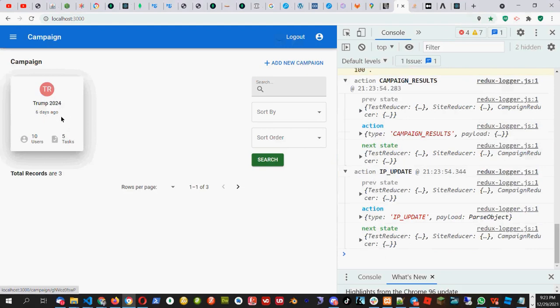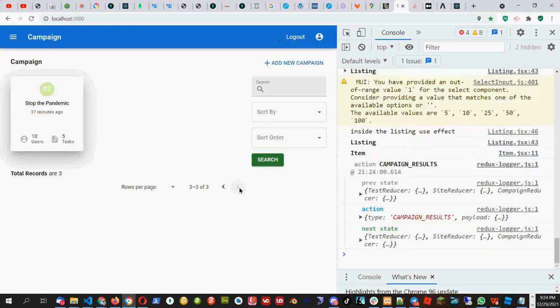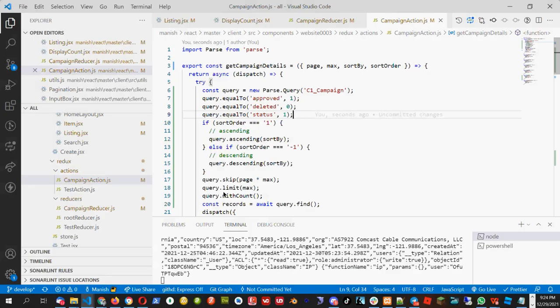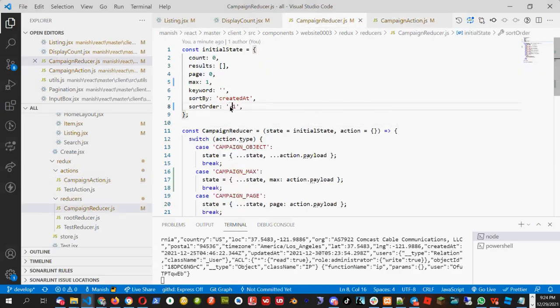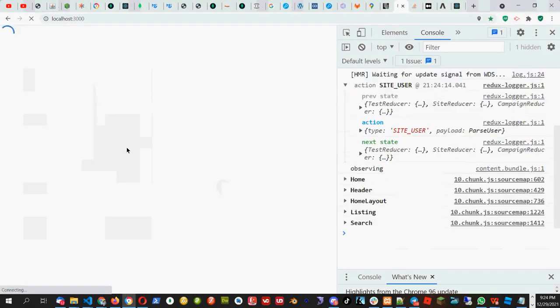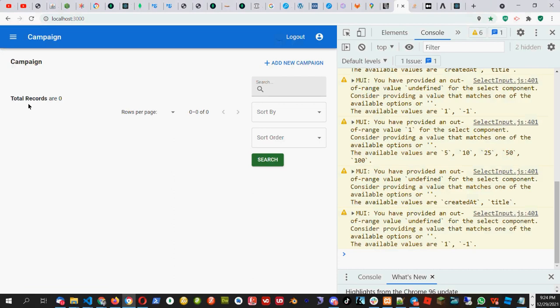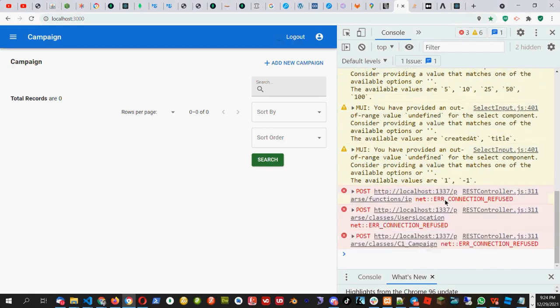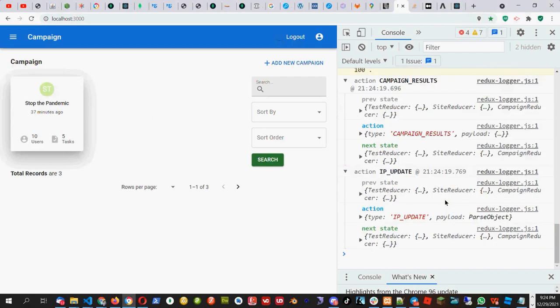So the first result I got is 6 days ago, then 6 days ago, and then 37 minutes ago. So that means if I put sort order 1, it is going ascending, and if I put it by default as -1, then it will sort by descending. It's taking some time to load.